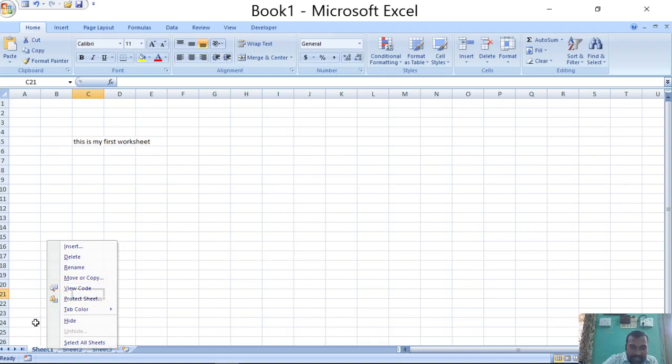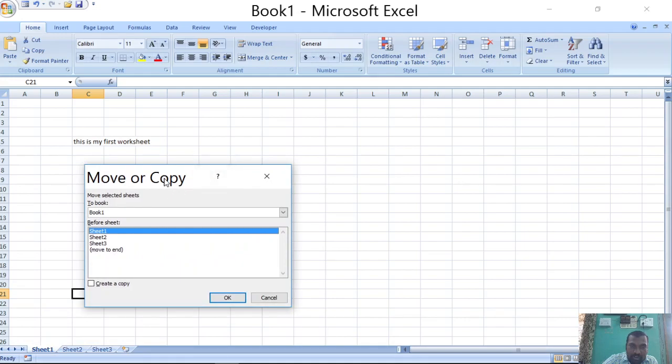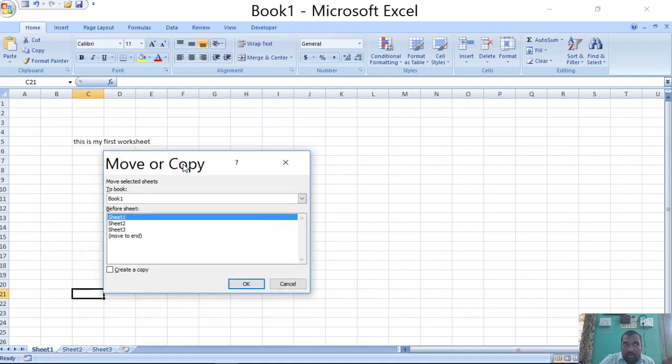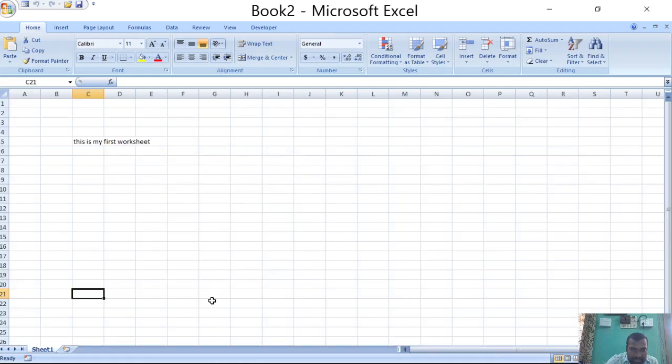Right click on the sheet name and choose the command Move or Copy. A Move or Copy pop-up will be opened. Here we have Move selected sheets to book. Here choose New book. The new book option can be chosen only if you want to create a new book with the present sheet, and click on OK.